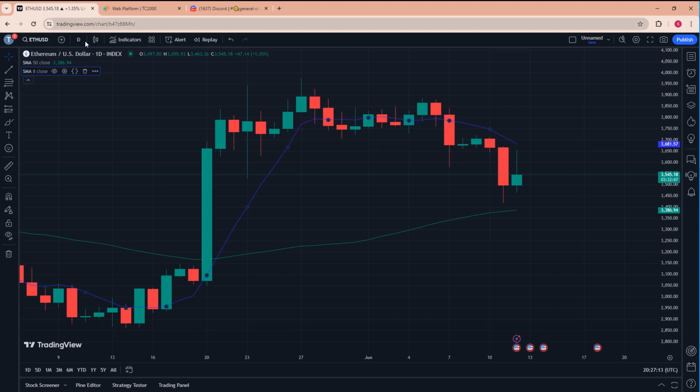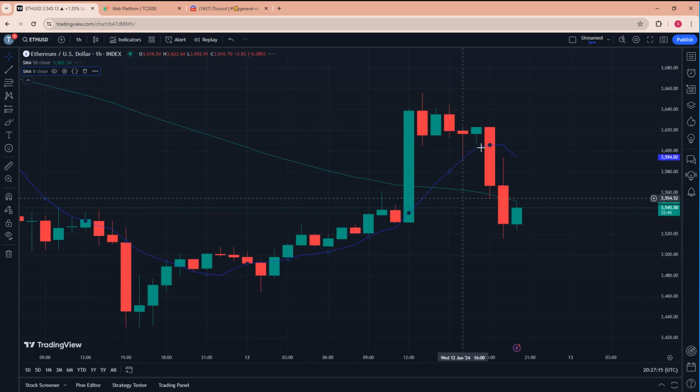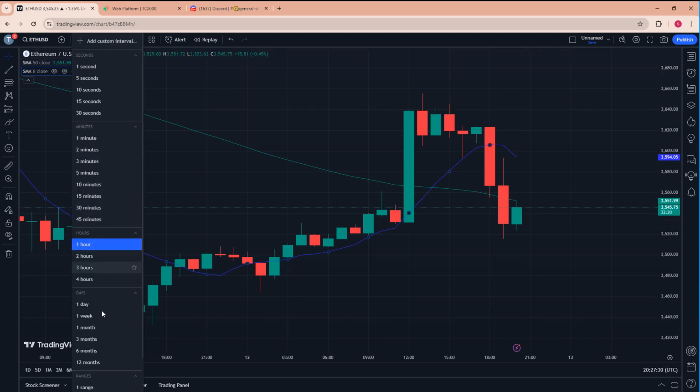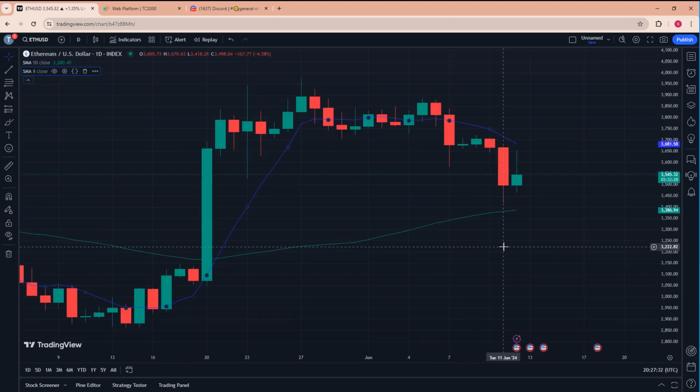A lot of the same, actually. Let's come into the 1 hour chart. Boom, boom. Same green, green, green. Same red, red, red. Same lose the 8. Same drop to the 50. Trying to maintain it right now. 34 and change looks very realistic here if things don't hold, right? A lot of similarities to the Bitcoin chart, right?